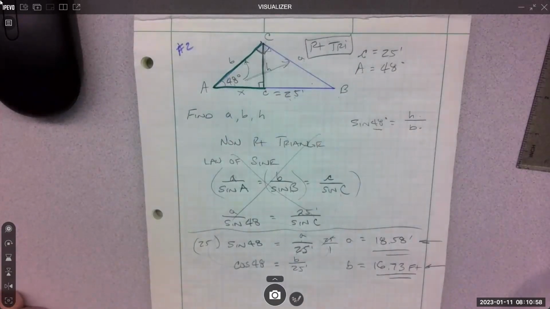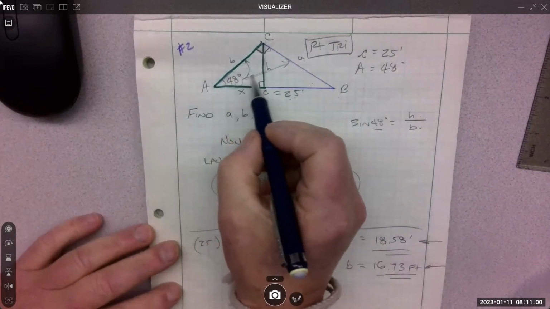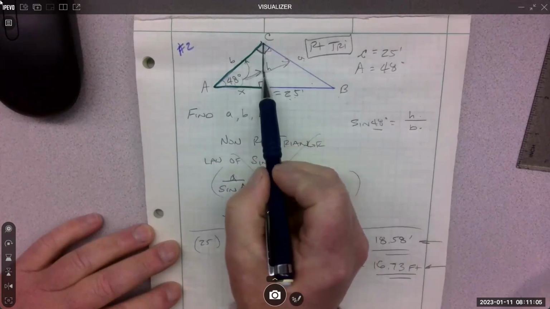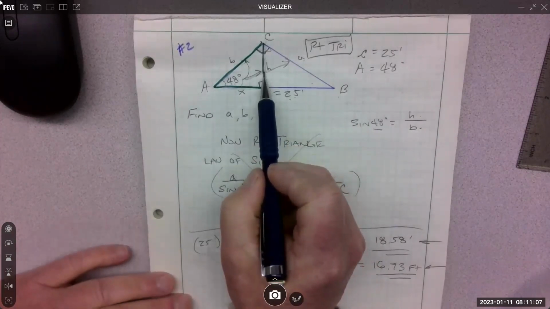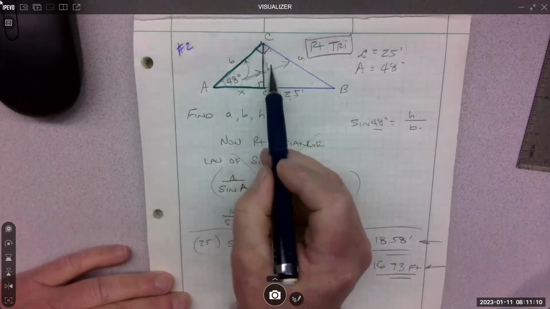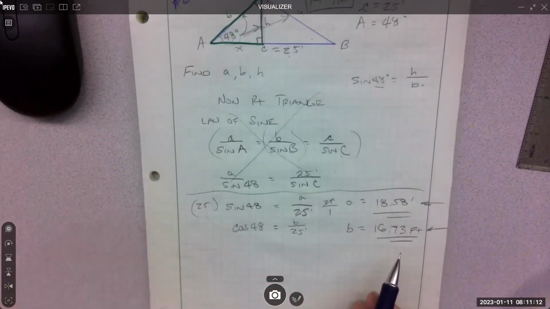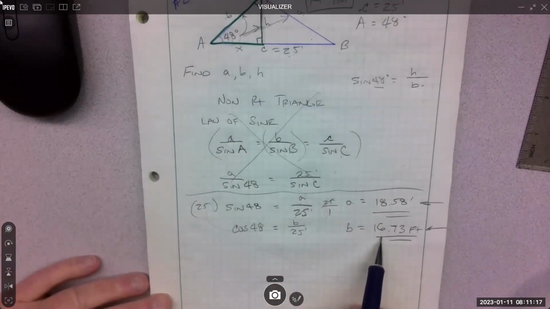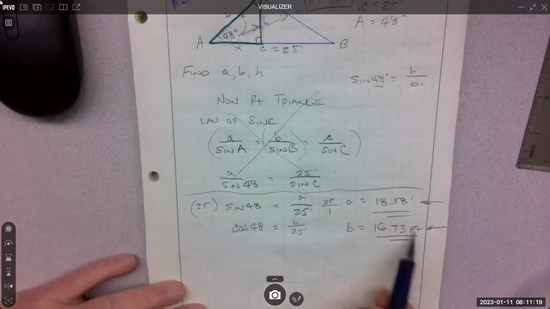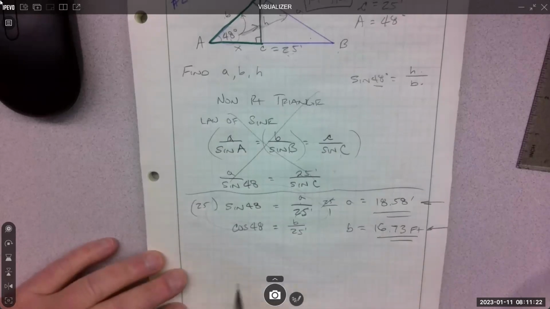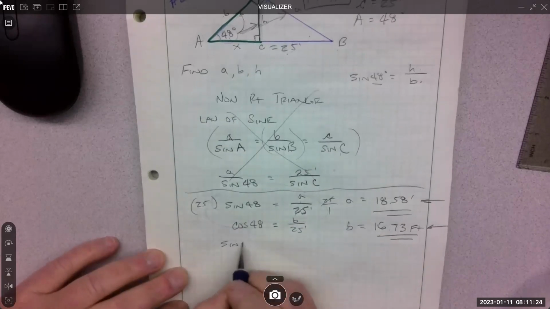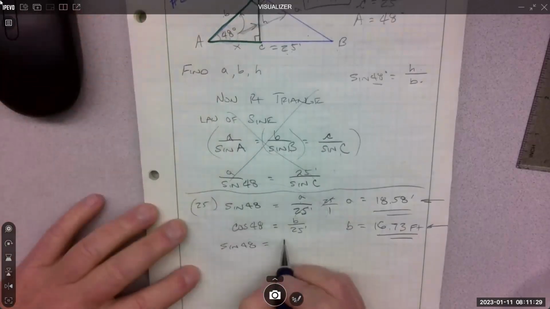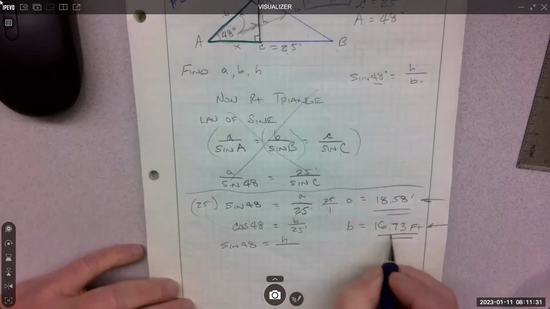Sine, cosine, tangent. If we know 48 and we want to know H, that is opposite of the angle, right? So we should use sine. We know B now, don't we? We just solved for it. Kind of got to use our number that we calculated. So sine 48 equals opposite H over B